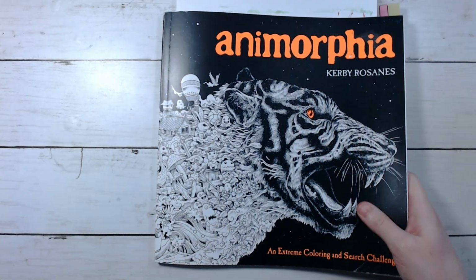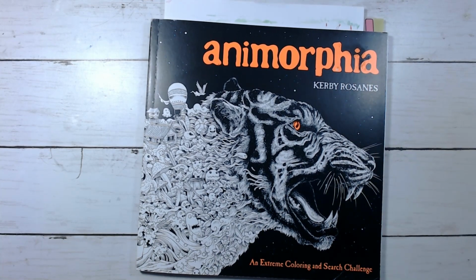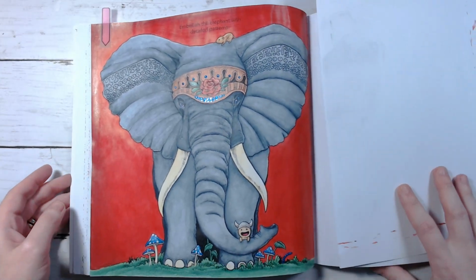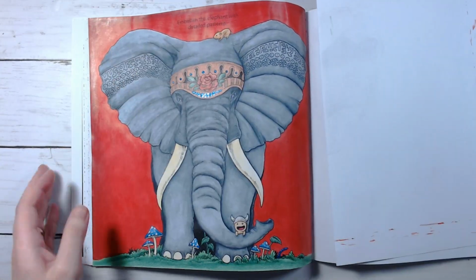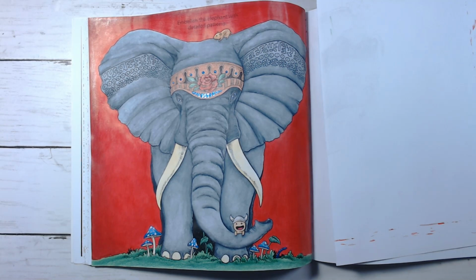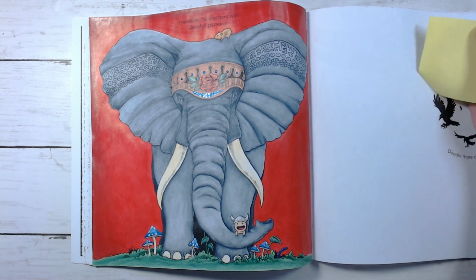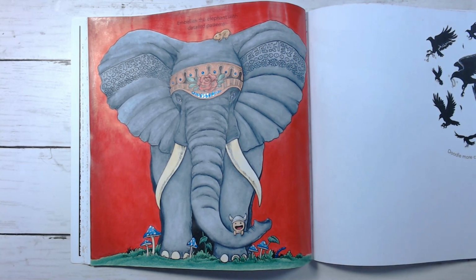Then I've got Anamorphia, and I did this page over here, my elephant page. Shannon's prompt for the month was elephant, and I used Neo 2s and Pablo's and some silver and white gel